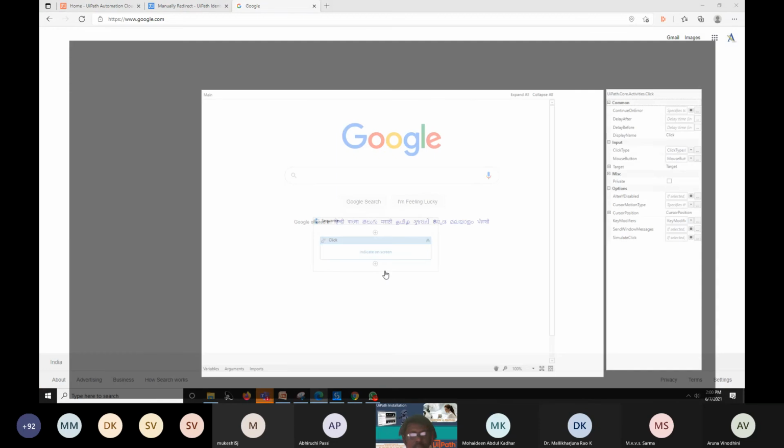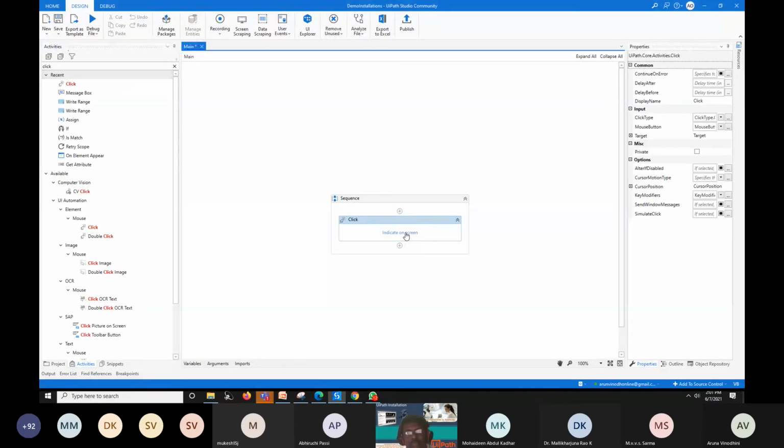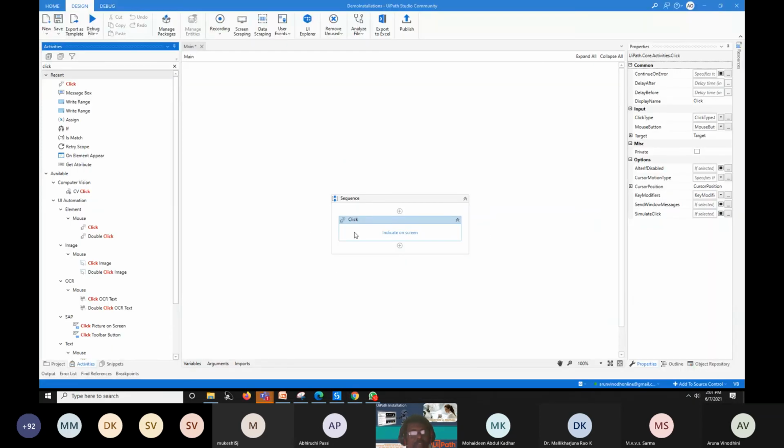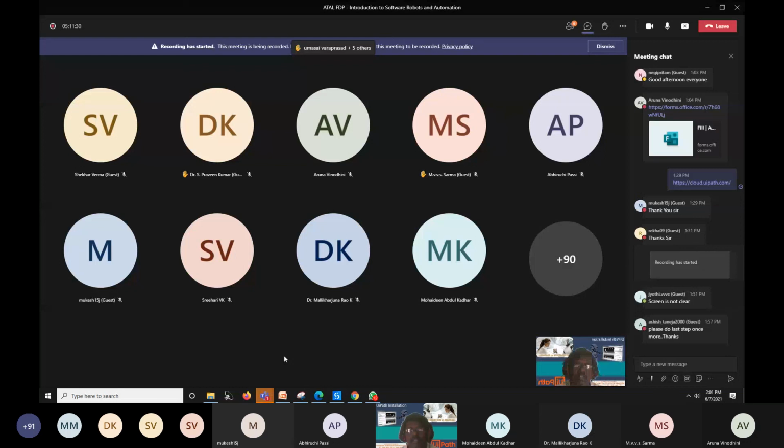It will work only for Chrome, because I have installed it only in Chrome, so I can locate all the elements. Don't click anything, just press escape. If you press escape, it will automatically come back to UiPath Studio. Is it okay?